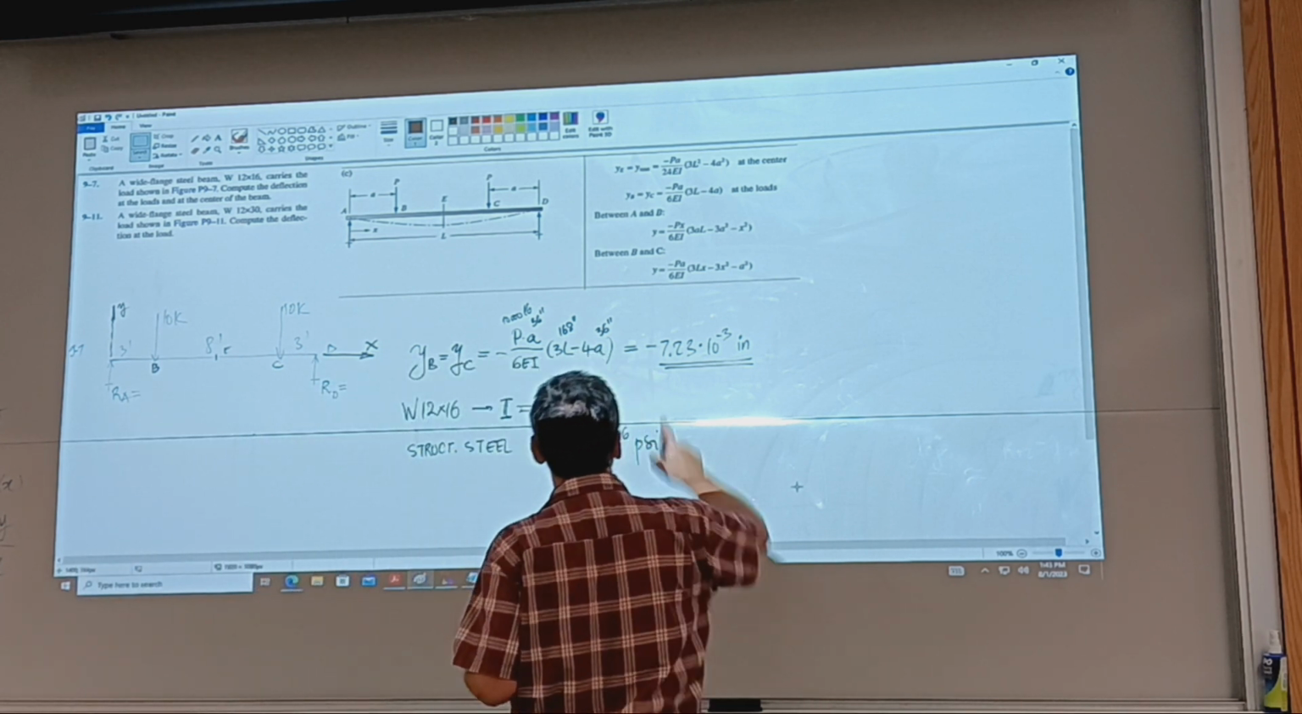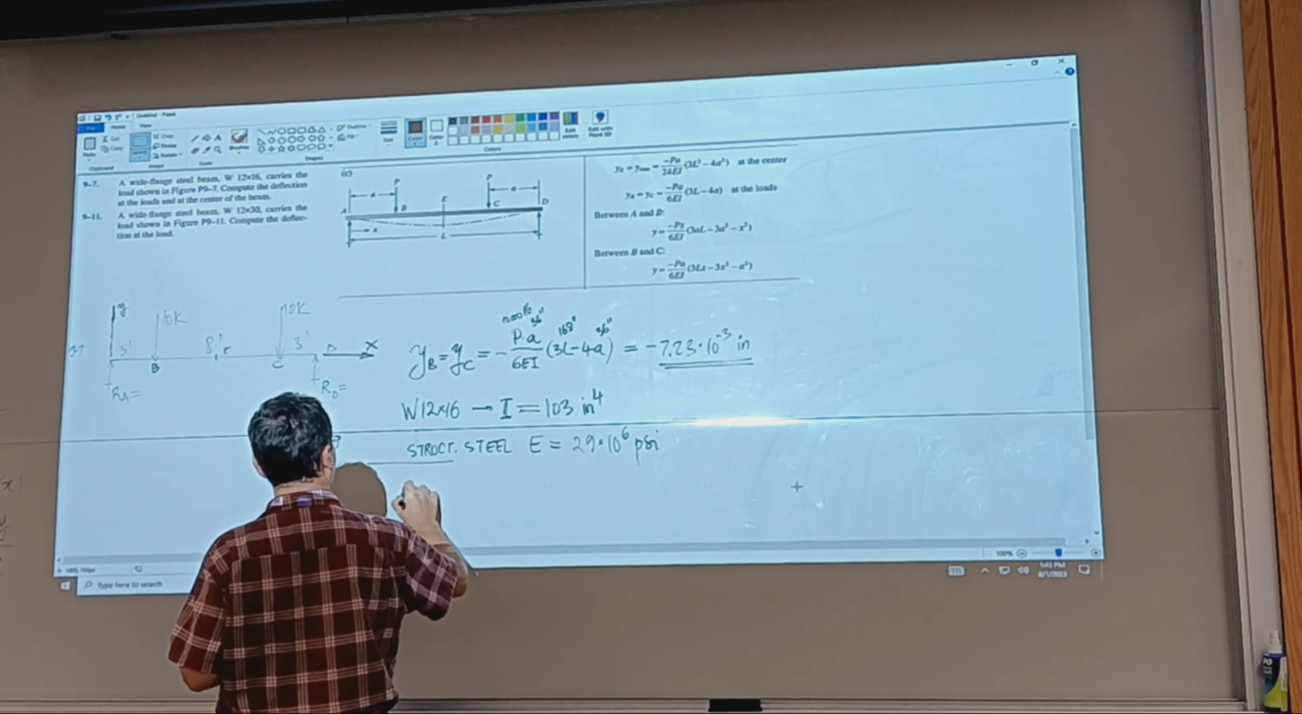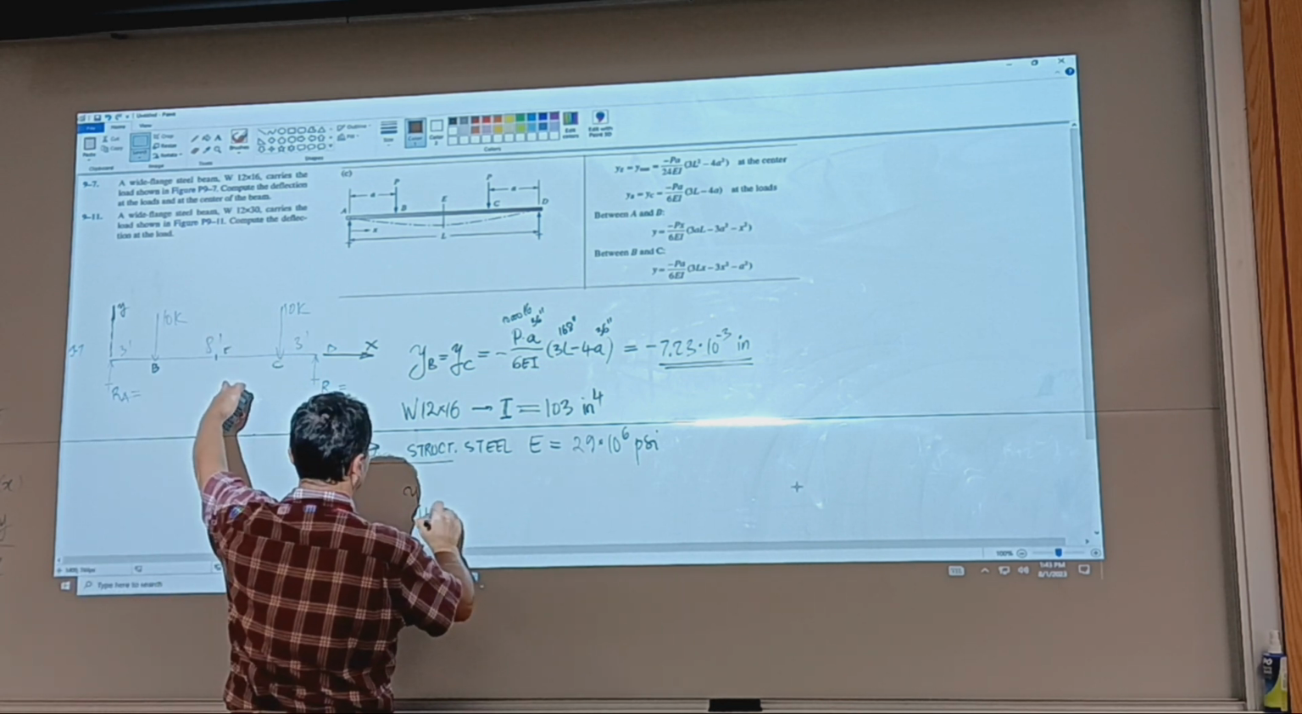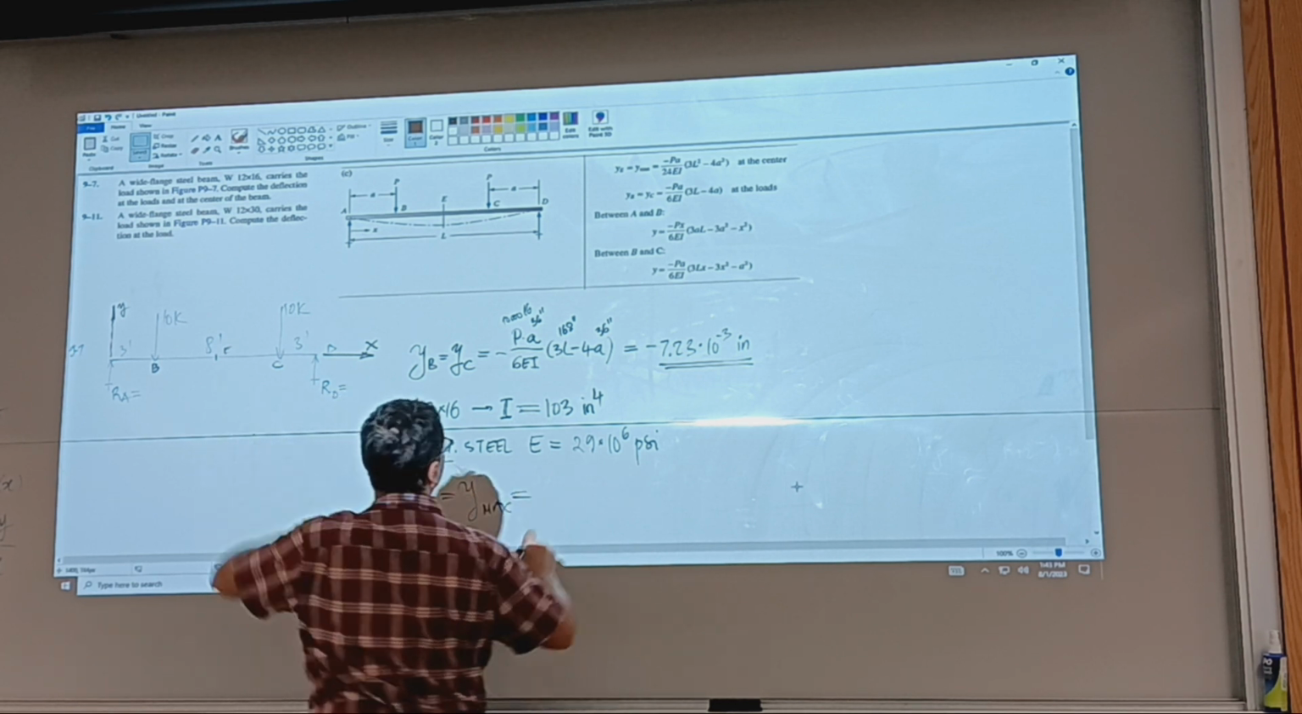Maximum deflection, it says also get it at the center, right? So that's maximum deflection. Y at E, which is Y max, is the